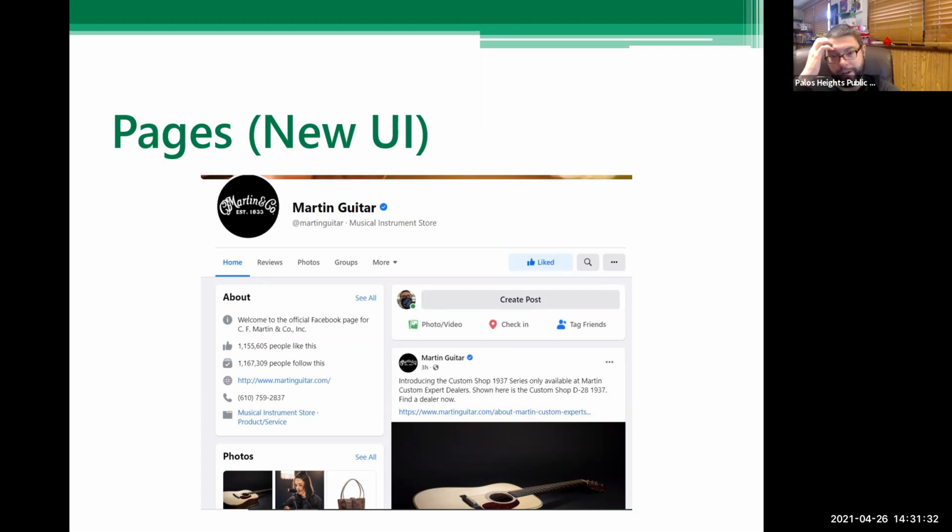So you can see here they posted about some fantastically expensive new custom shop guitar that they put out. So you can see that in your timeline. But if you wanted to actually go to their page, you can see different things about them, like their actual website address, the number of people who like and follow them, different pictures they've posted, their post history, things like that.